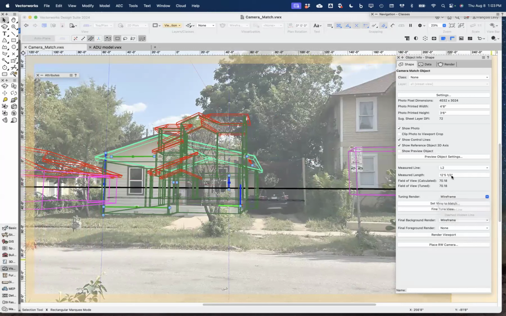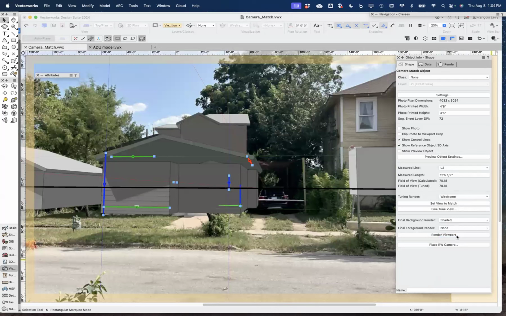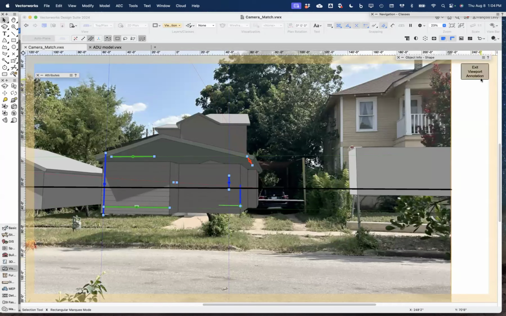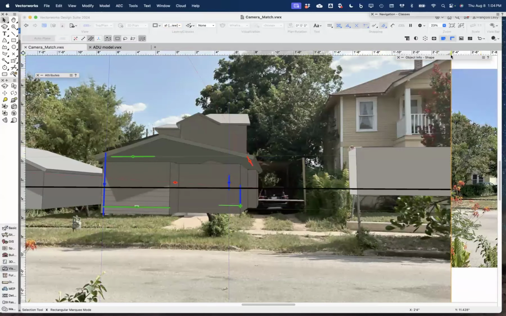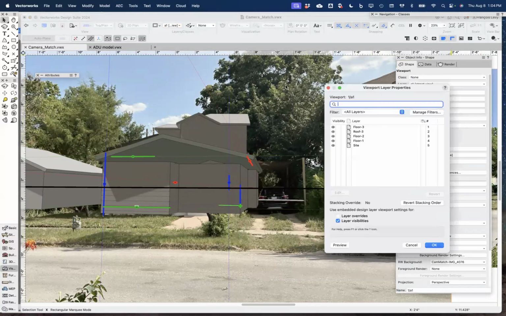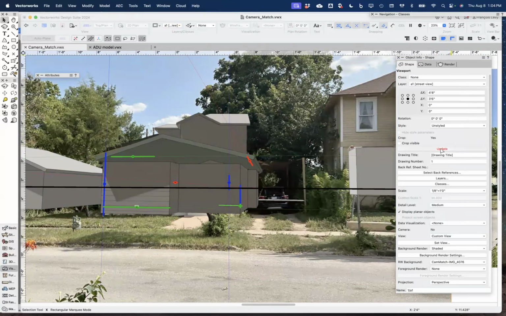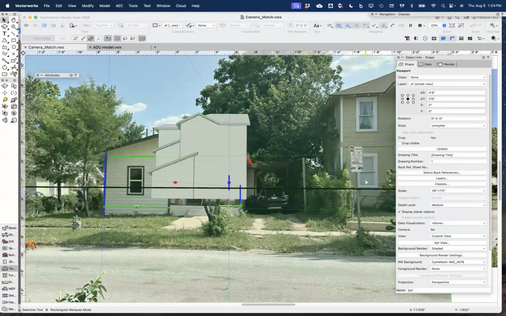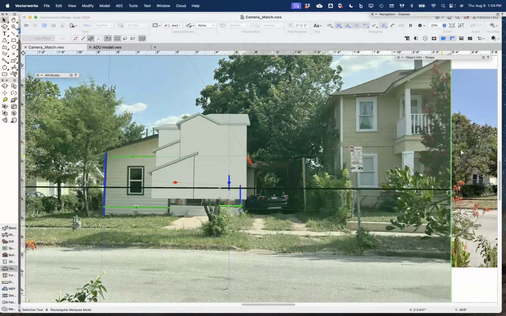then I can switch my view from render to, say, shaded and render the viewport. Then what I did in this viewport is I just modeled everything that wasn't my building on the site layer